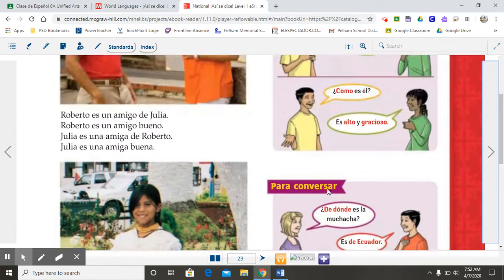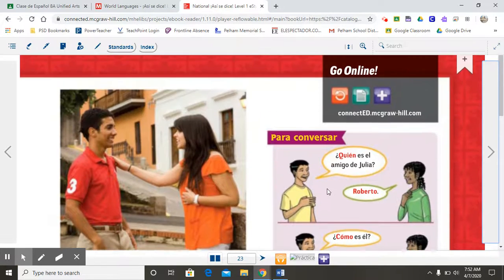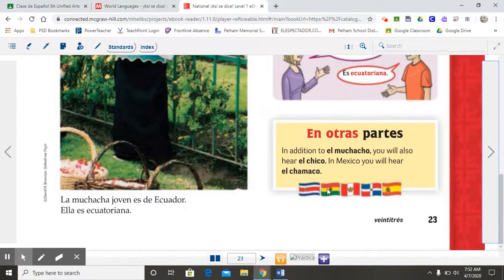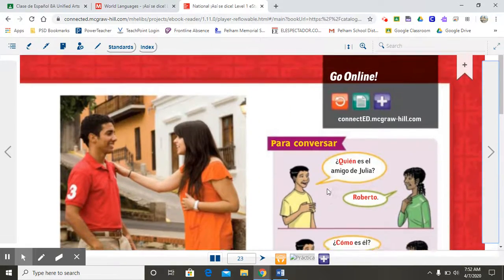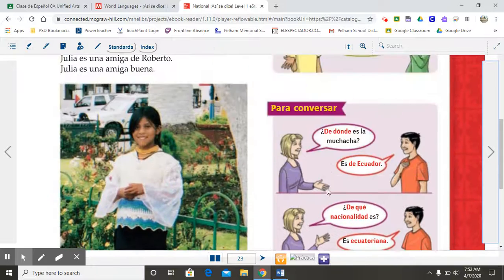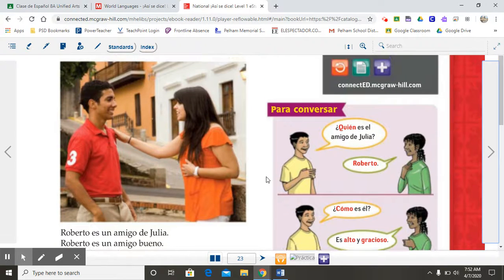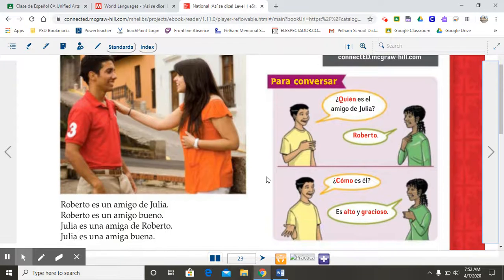Other things you need to know. As you can see on this page, those bubbles are not there. So you're not going to have specific vocab words, but this is probably the most important part of the video today. The second part of the exit ticket is going to ask you about question words. These are the 3 question words. Pay attention. ¿Quién means who?